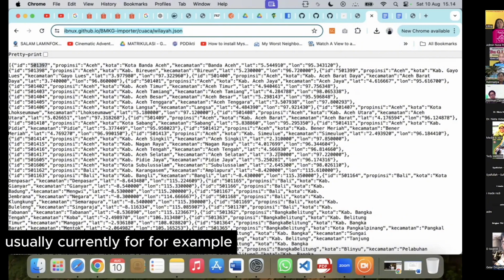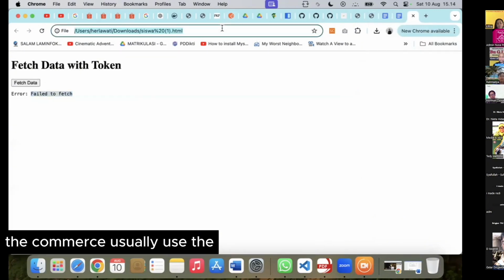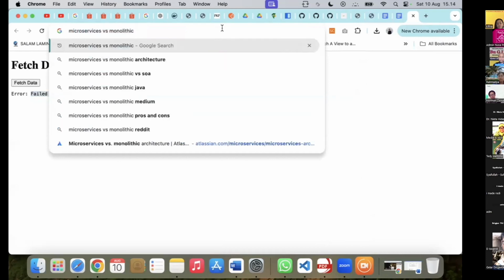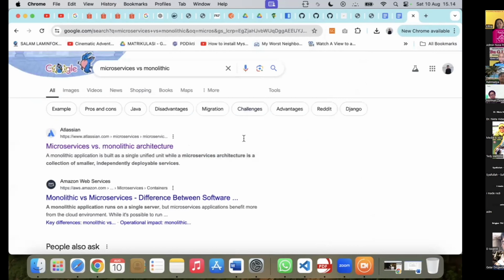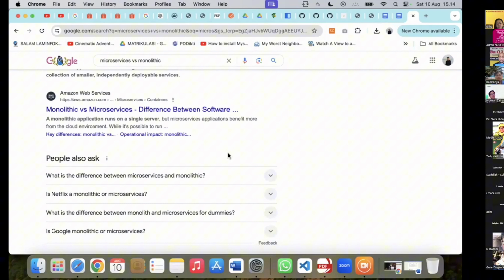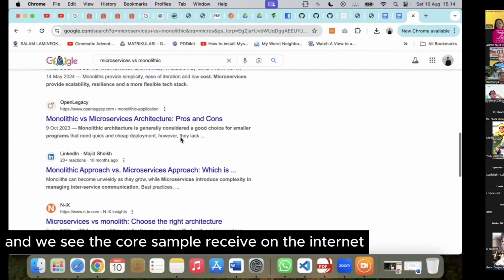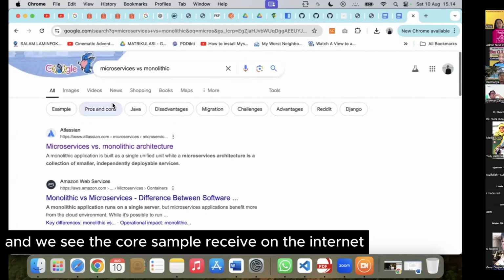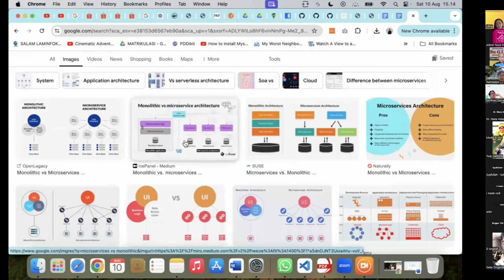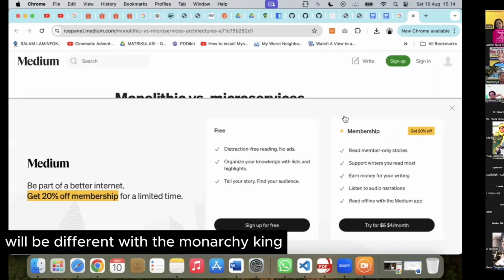Usually currently, for example, e-commerce usually uses the stack development or microservices. Yeah. Microservices. If we see, for example, on the internet, it will be different from the monolithic.